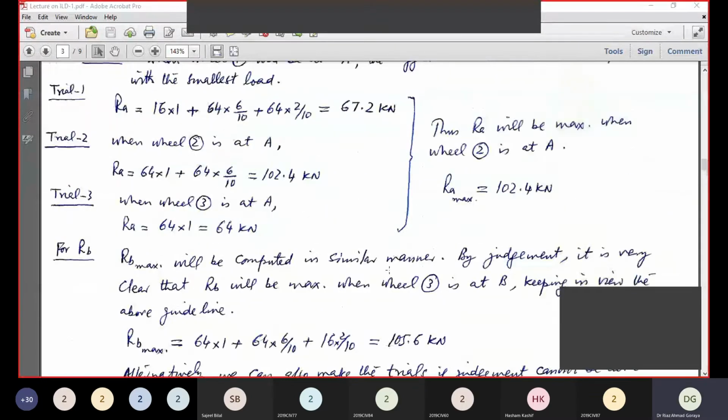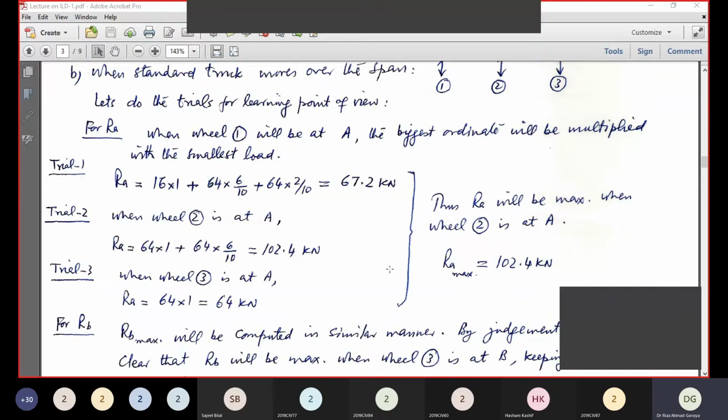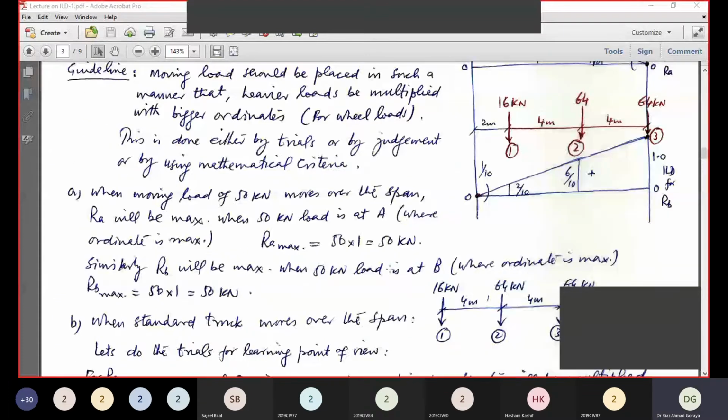So इसमें कोई आपकी confusion है तो बताएं मुझे, कोई question है तो बताएं। जी कोई क्वेश्चन आपका? नो सर।